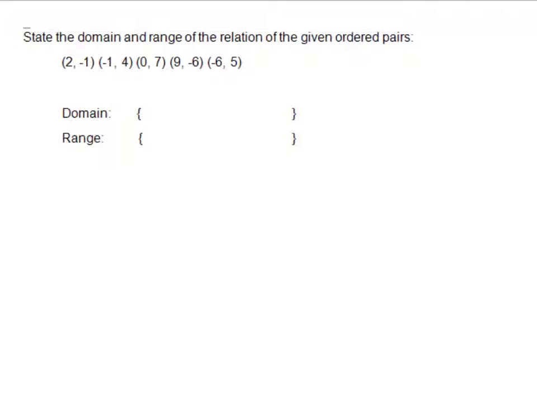Okay, so for this example, it says to state the domain and range of the relation of the given ordered pairs. So remember, domain is the set of all your x values. So when I look at all these ordered pairs, all I have to do is take that first number in each set and list them in my domain. So that would be 2, -1, 0, 9, -6. So again, just taking these x values,